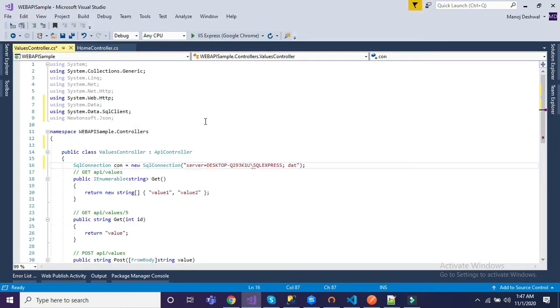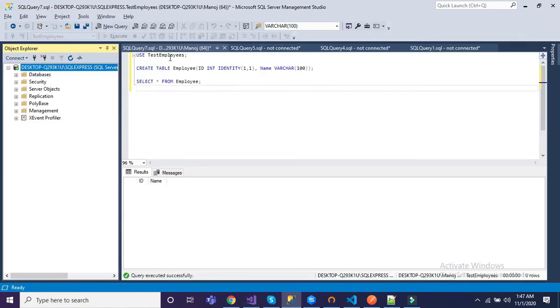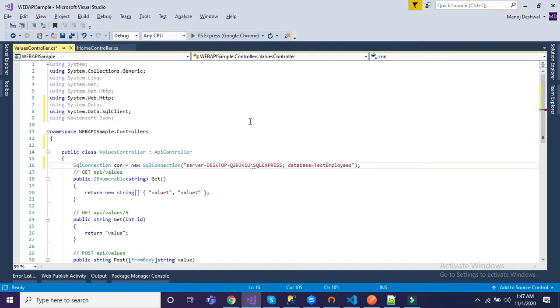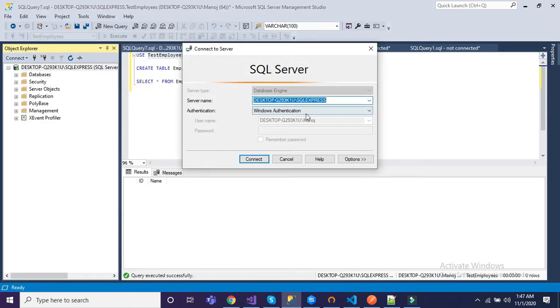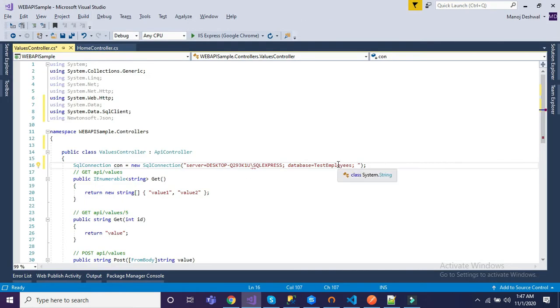After that, the database. In our case, we are using test employees, and I'm connected through Windows authentication, so no need to pass username and password. So just pass integrated security true. That's it. So we are done with the SQL connection.